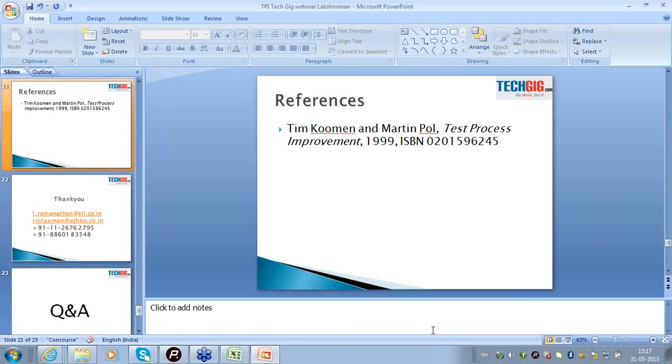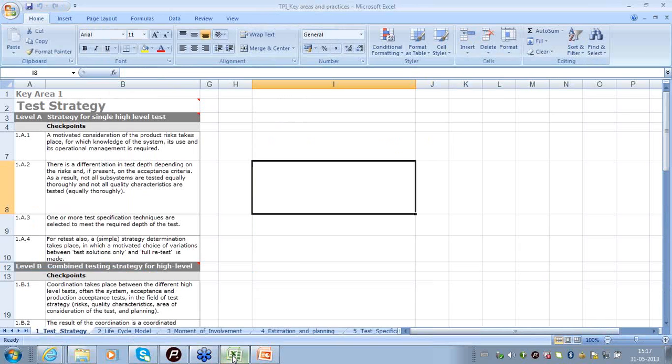So now we will get into the details of the process areas. So let's start with the first process area. Before I get into the process area, let me once again talk about the structure of each process area or the key area.